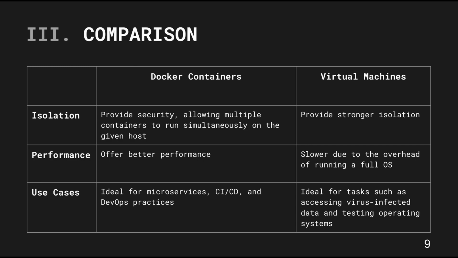The second one is the performance. The Docker container offers better performance due to the above problem, but the virtual machine is slower because it is using a full operating system. And in use cases, we can summarize that Docker containers can be used for the ideal of microservice systems,